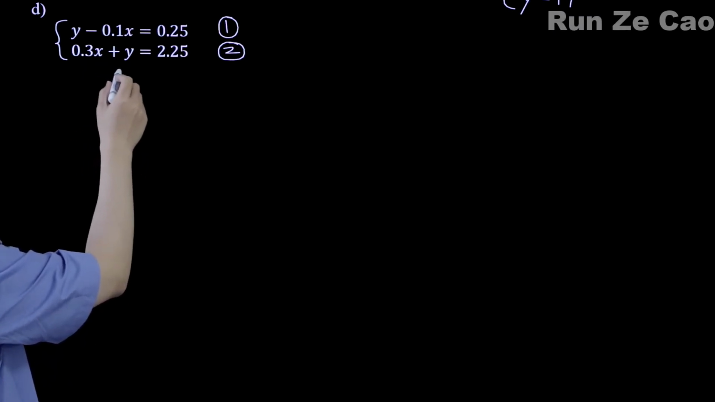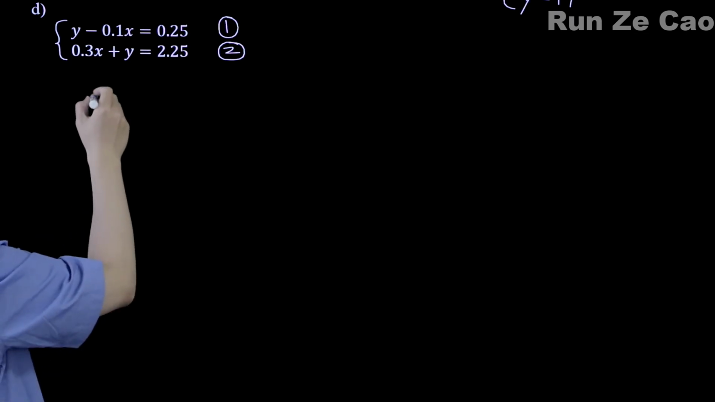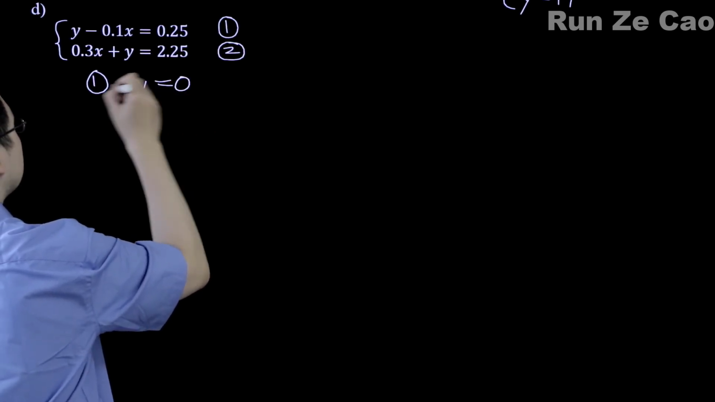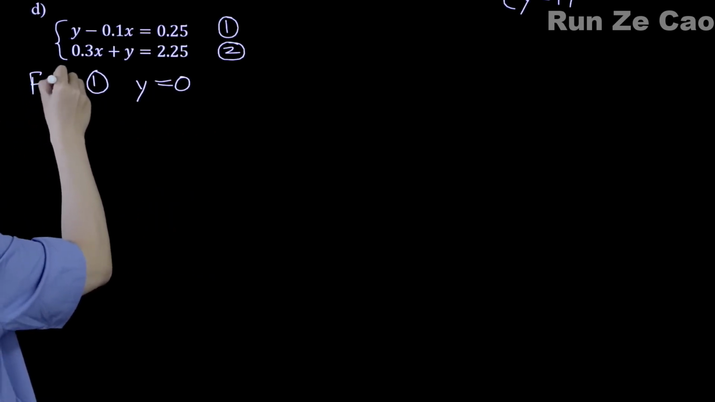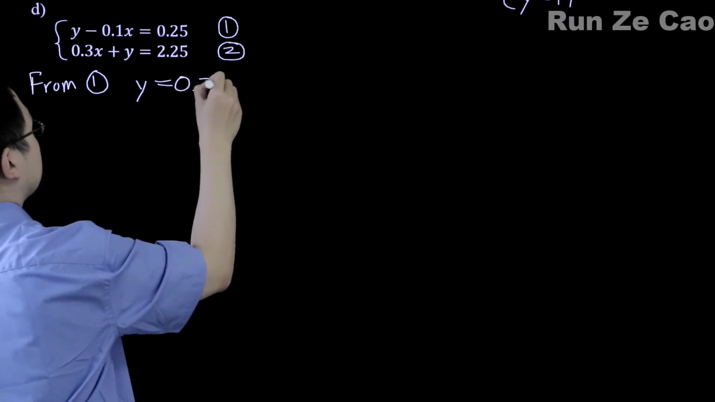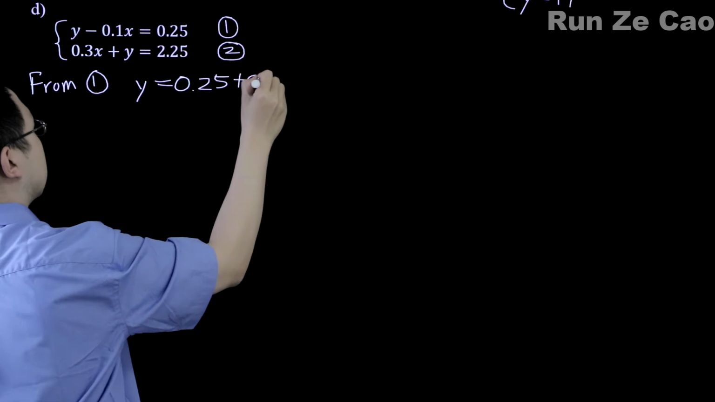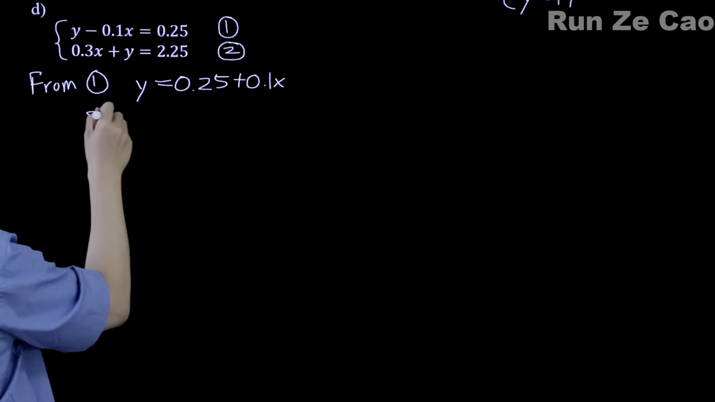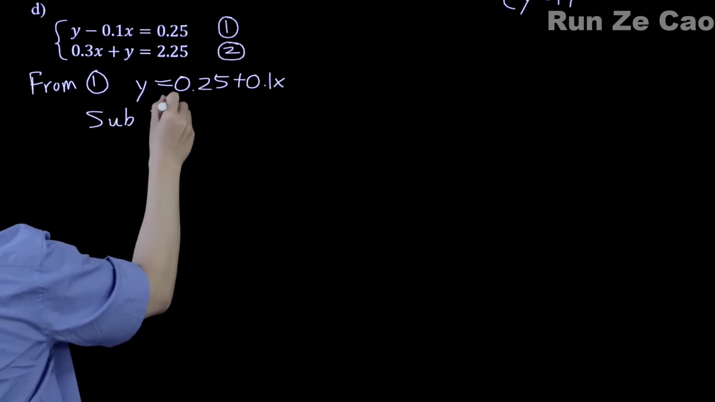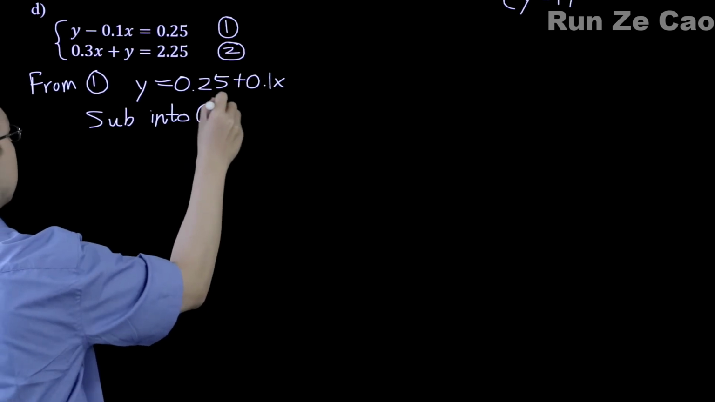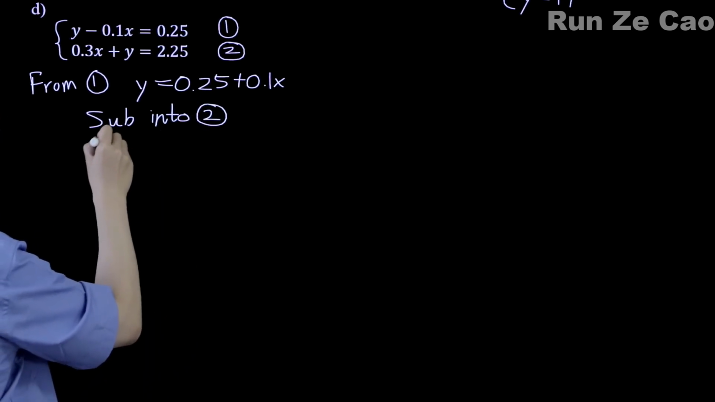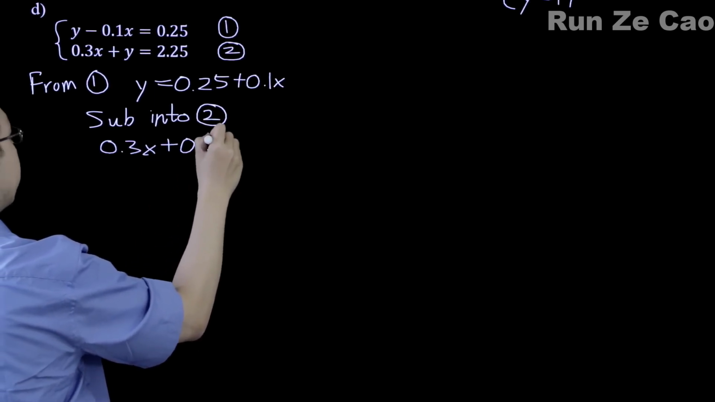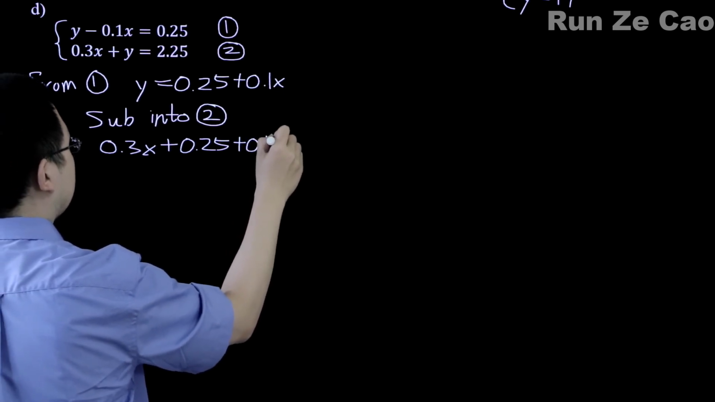Now, y minus 0.1x equals 0.25. That means 1 gives us y equals, technically we should put from 1. Y equals 0.25 plus 0.1x. So sub into 2, and that gives us 0.3x plus 0.25 plus 0.1x